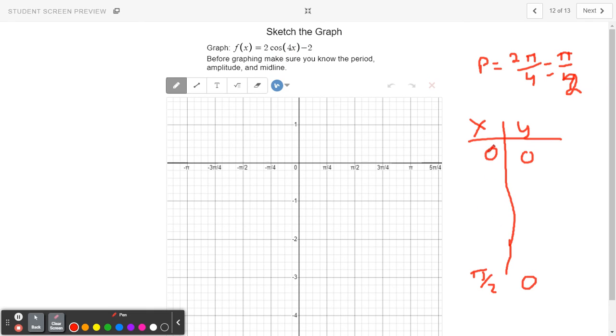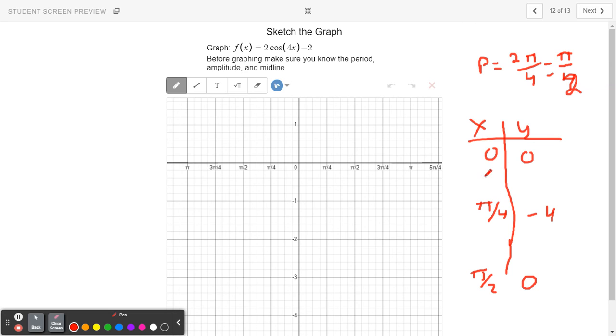So halfway in between 0 and 2 pi is pi fourths. Okay, halfway between 0 and pi halves is pi fourths. If I plugged in pi fourths, I would just get cosine of pi, which is -1, excuse me, and then so I get -2. So I get -4 here. -4,